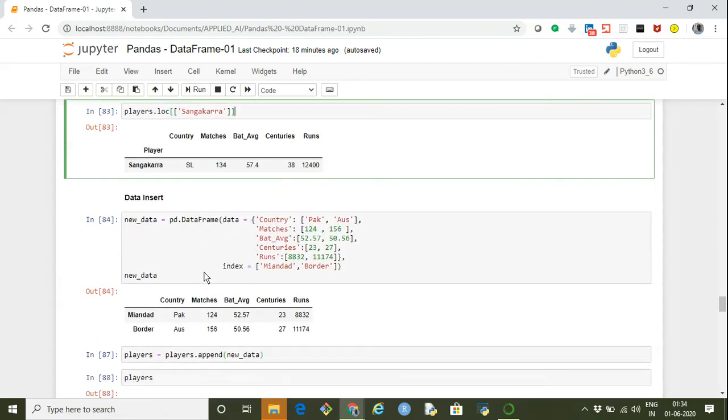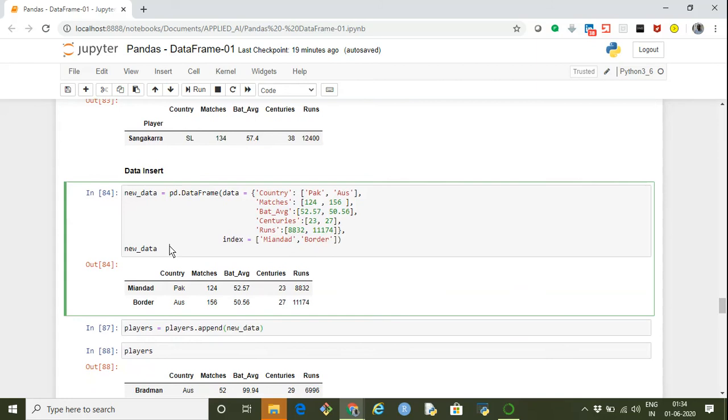The next is to add new data into a data frame. So let's say we have a data frame, players, which already exists, and we want to add records of a few more players into the existing data frame. So we first create a new data frame. We'll use pd.DataFrame. We specify the data.